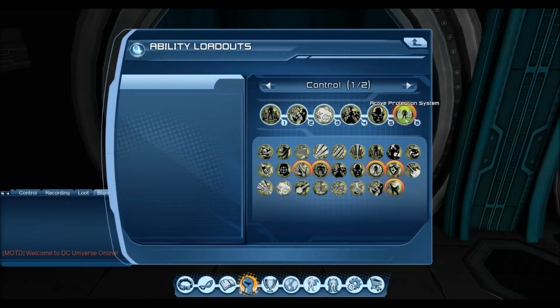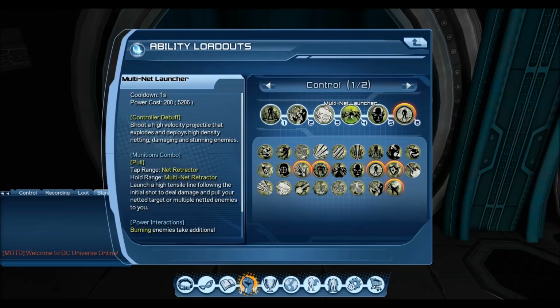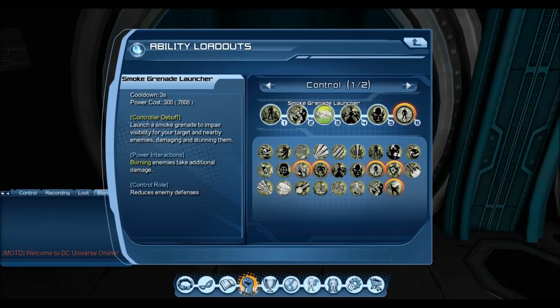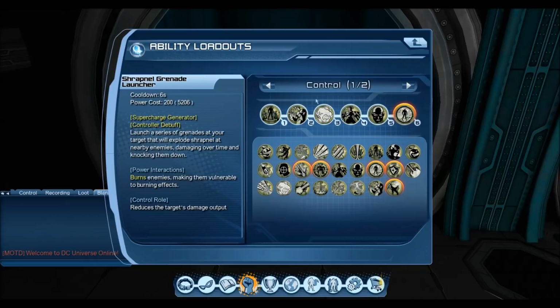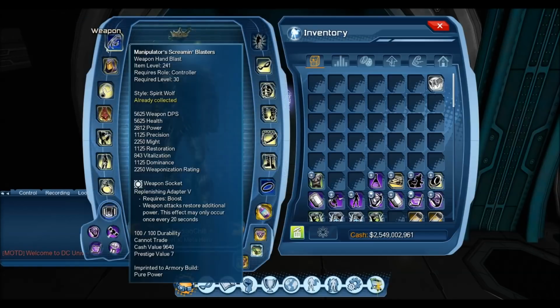In terms of loadouts, the same: active protection system, survival, which will be your aggro dump, multi-net launcher, it's a heal debuff. Defense debuff is smoke grenade launcher. Attack debuff is the shrapnel, which is your supercharge generator. In terms of gear,